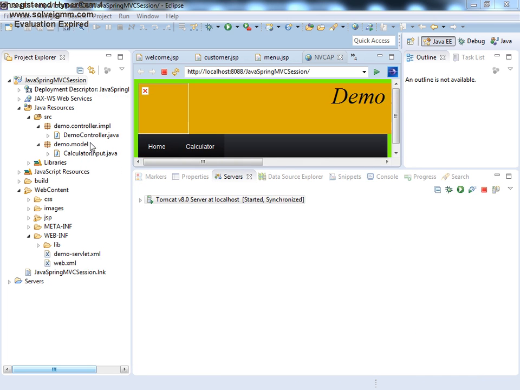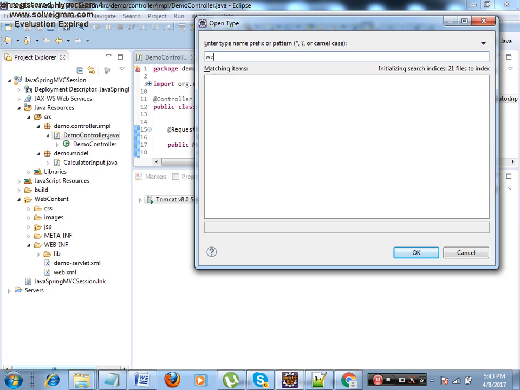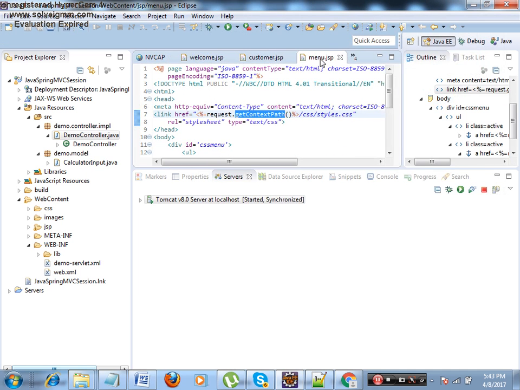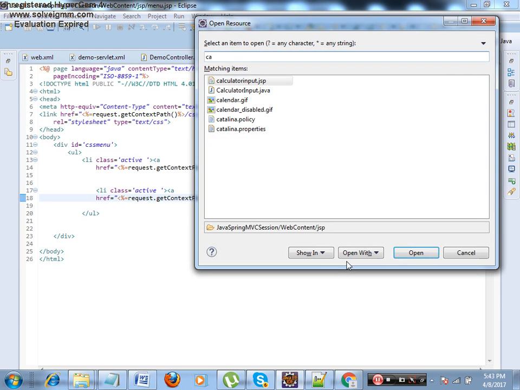Here if you go to this demo controller, and then on the front end, the input page, Control Shift R, menu.jsp. When you click on calculator, it is going to calculatorinput.jsp.